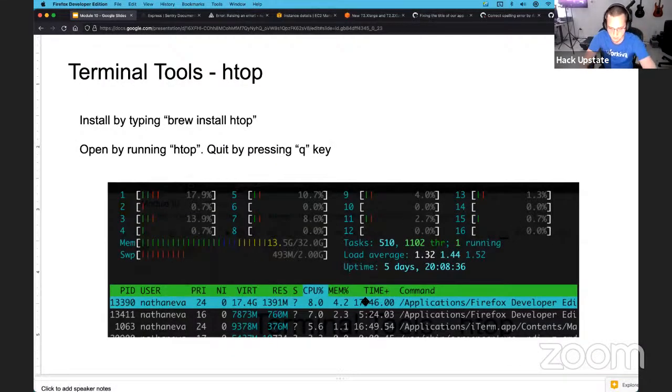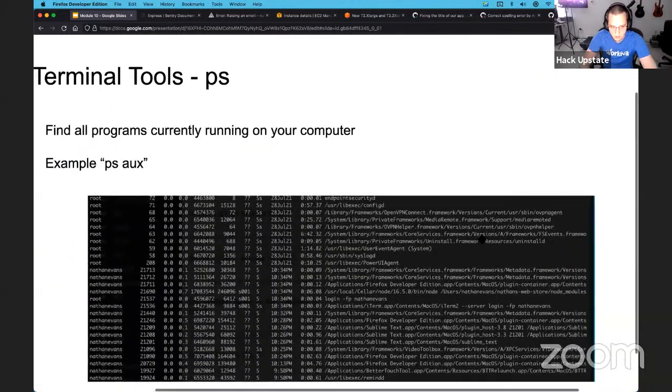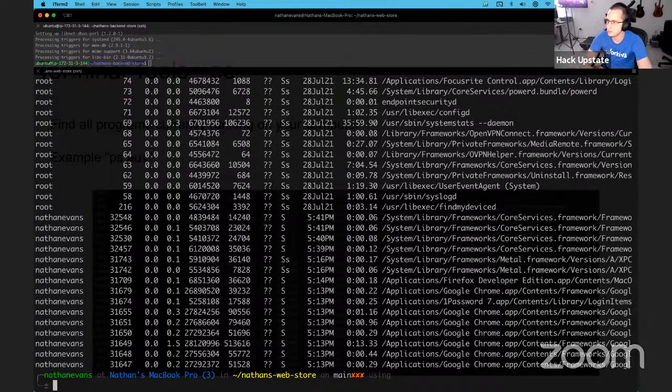So that's just a freebie if you're interested in an extra tool to put into your tool bag. The other equivalent of that, a little bit more manual, but also very helpful, is ps aux. If you run this on your MacBook, it's going to print out every currently running process, which can be really useful for finding processes that are